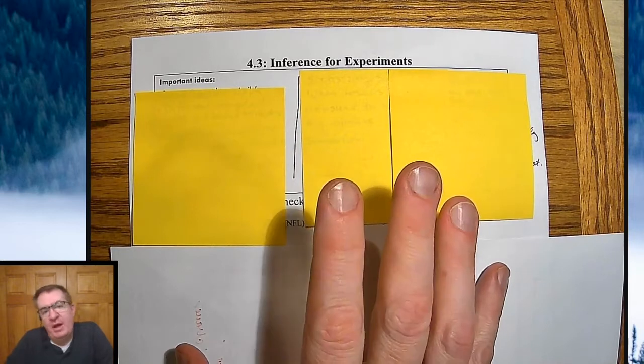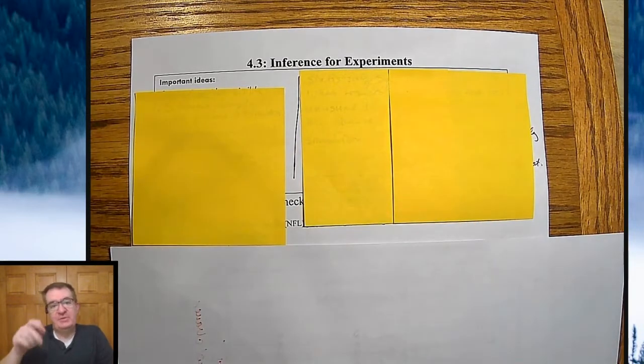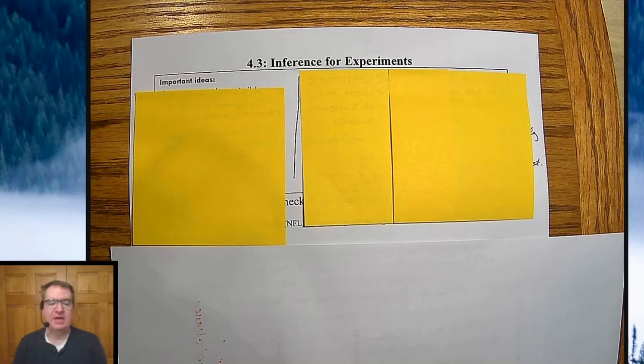We're talking about inference. This is going to be formalizing the concepts that we were talking about in the caffeine experiment, where we were trying to see if what we were seeing made sense, if it was actually the caffeine or something else. And so we compared it to random chance, and we discovered, hey, we've got a large chance that this is not actually happening due to the caffeine.